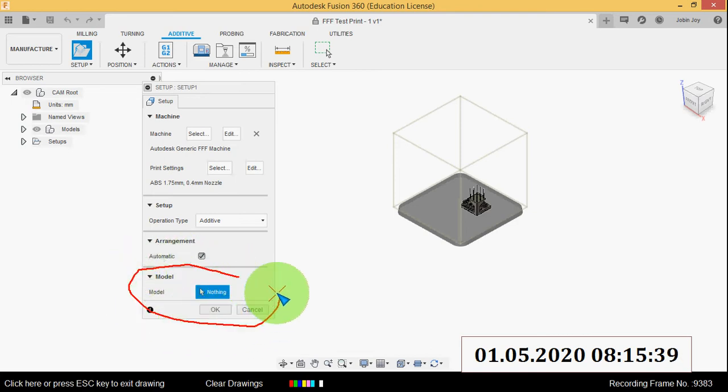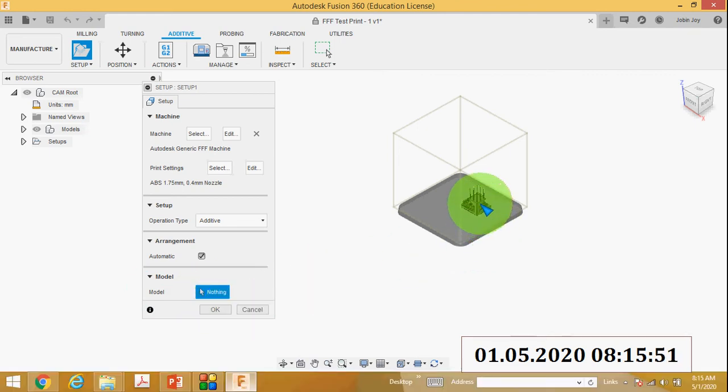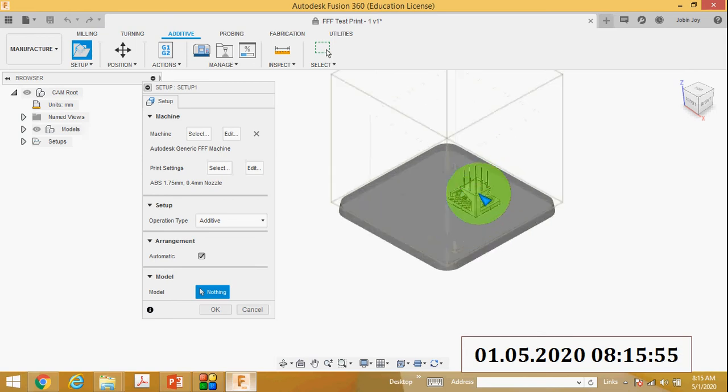The next thing is you have to select your body. Here we have to print our body. So here I have not selected the body, that means the model shows nothing.